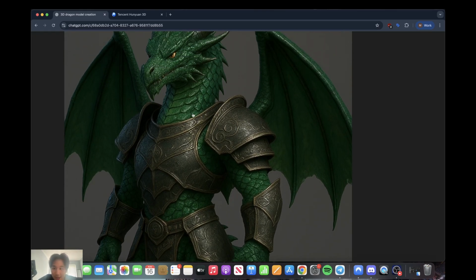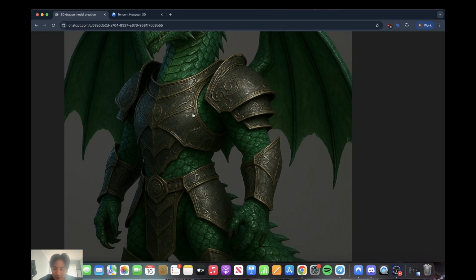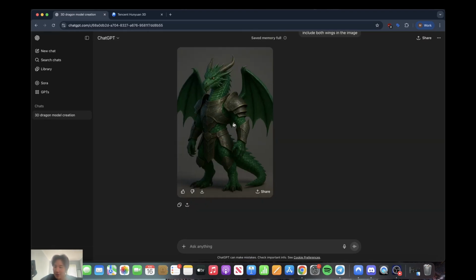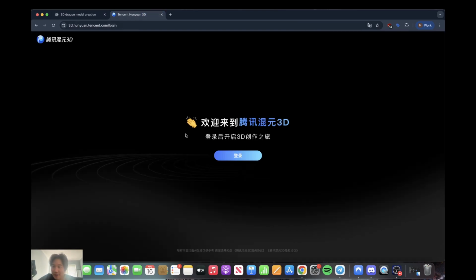I mean, just look at how much detail has been generated on this image. I'm not quite sure if there's any AI tool out there that can manage to put this level of detail into a 3D model. But what I'm about to show you is the best tool I found for creating 3D assets. So let's head on over to